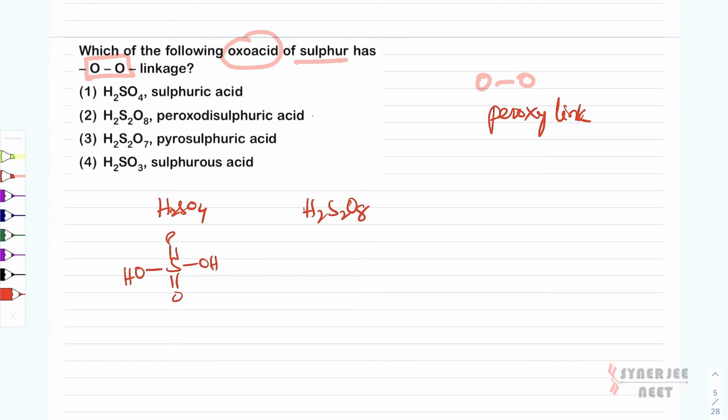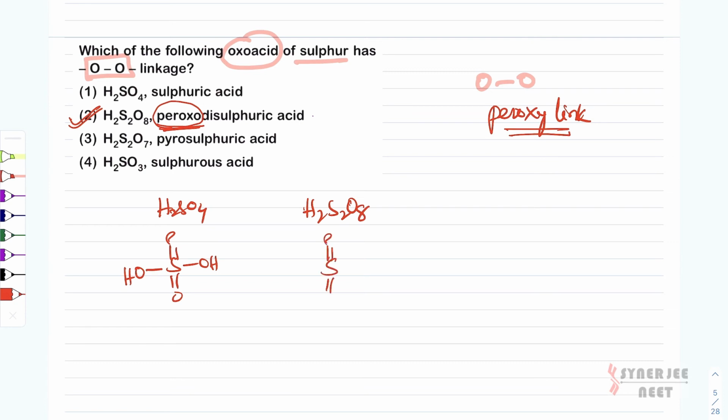Now here, we need not actually know the structure to answer this question, because it is simplified by giving the name of the compound. As the name itself contains peroxo, and since it is a peroxy link, we can directly select option 2 as the right one. But suppose the name is not given, then it becomes a little difficult. Then you need to know the structure. So if you look at the structure,